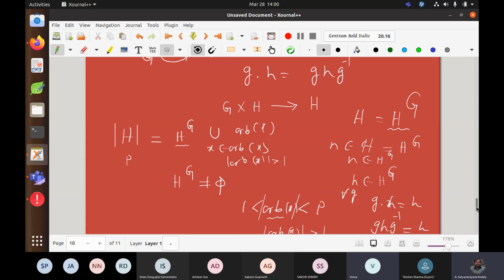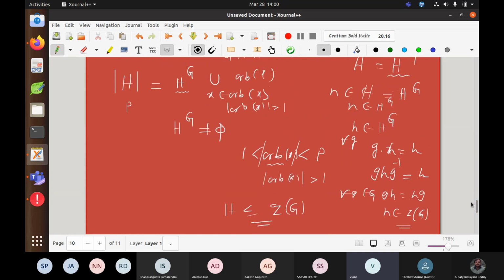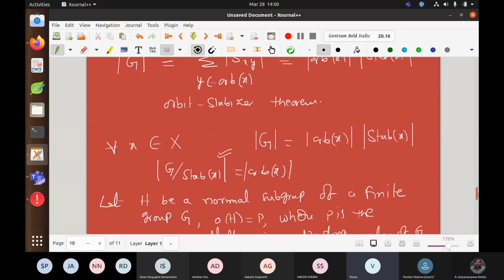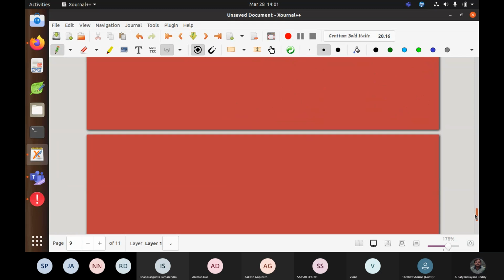So it means you used the orbit-stabilizer theorem, order of the orbit divides the order of the group. Okay, I understood. So now p divides the order of the group, and the size of the orbit of X is strictly between 1 and p, and it has a prime factor. So this divides this, then it divides this, but p is the smallest prime. That is a contradiction. So I cannot have any non-singleton orbits. All are singleton orbits. Singleton orbits means they are fixed by everyone.